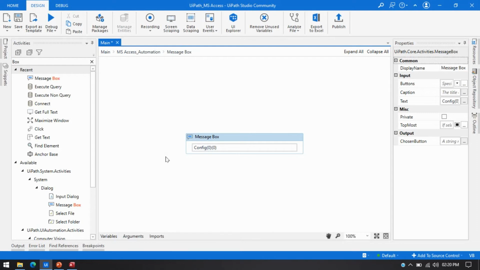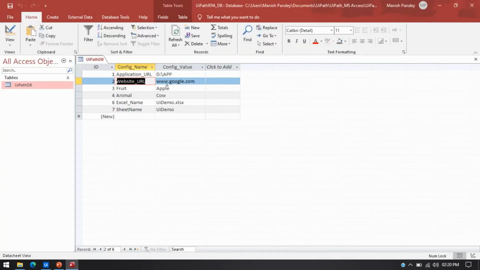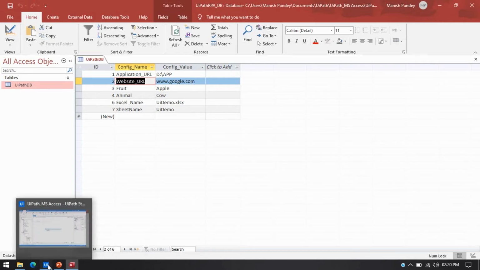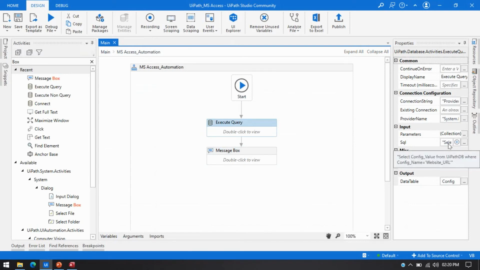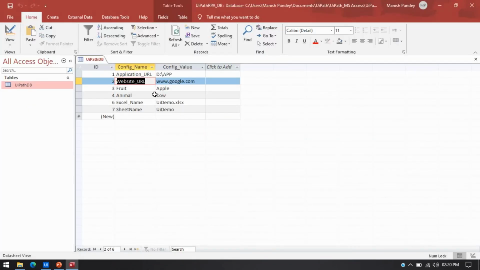So we'll be getting google.com, because after passing this query, our value will be www.google.com, but that will be stored in the data table. Now we need to get it from the data table and show it in our message box. So for that we take the first row, which is now on top, and the first column, right?